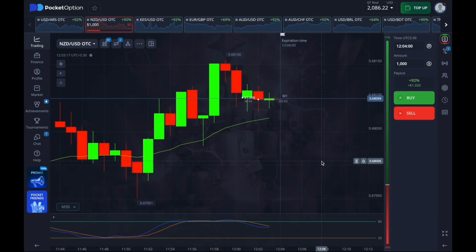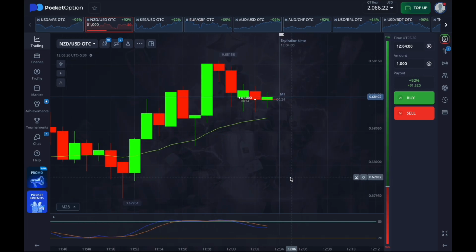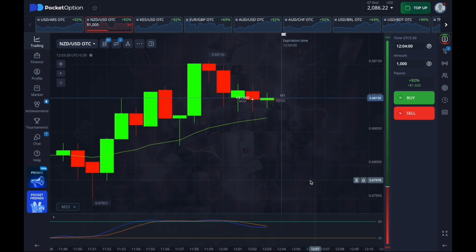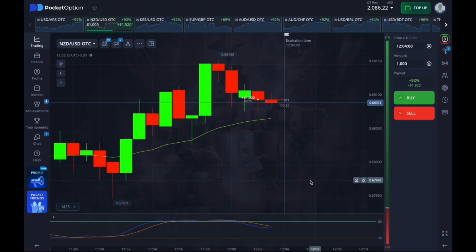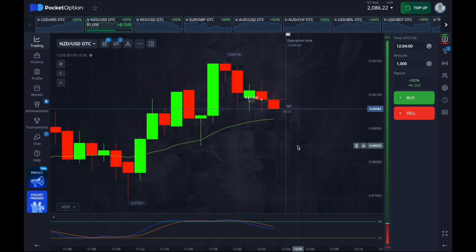my entry. My first confirmation is the stochastic oscillator, which is currently in the overbought zone. My second confirmation is the last red candle that appeared after the green candle. This shows that the sellers are active in the market. And my third confirmation is the price action around the moving average. Based on how the market has reacted previously, I'm expecting the candle to retrace towards the moving average before